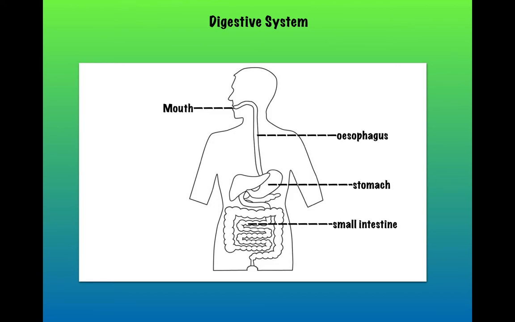From the small intestine, the food is then passed on to the large intestine. The width of the large intestine is more, but it is only 1.5 meters long. It absorbs water and is responsible for excretion of solid waste material which is excreted out of the body through the anus. Then the liver. It is reddish brown in color and is present on the right side of the abdominal cavity. It breaks down fat.